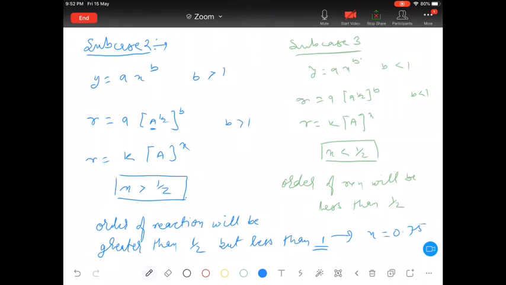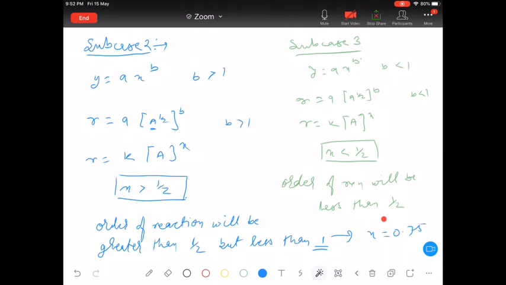So this is the idea of the graphical method. Now if some question is being asked, like case 3 you can do by yourself, and in case 4 sub case 2, that also you can proceed by taking x to be 0.75 or x to be 0.8, like that you can do. Any confusion, any doubt, just let me know.